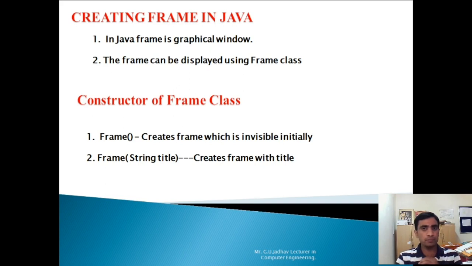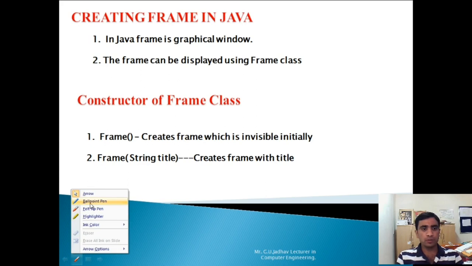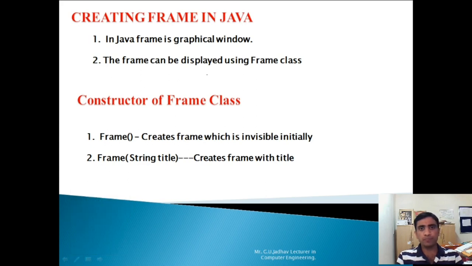Now look here, a Frame class. The name of the class is Frame, F is capital. Keep in mind the naming structure of inbuilt classes: the first letter should be capital, F-R-A-M-E.